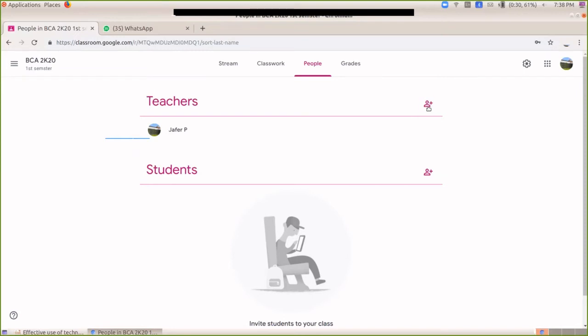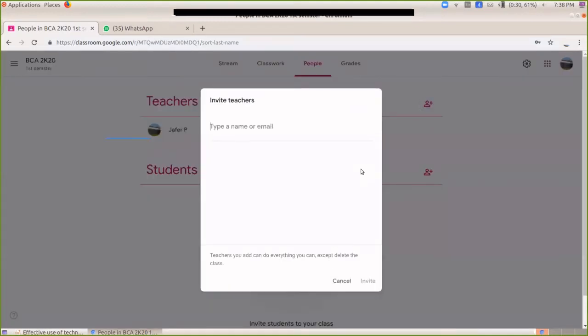So how to add teachers? There is an option called invite teachers on the left of the teachers tab. When you click on that, it will ask you to enter the name or email. Say, for example, I'm going to add one teacher to this classroom. Let's say